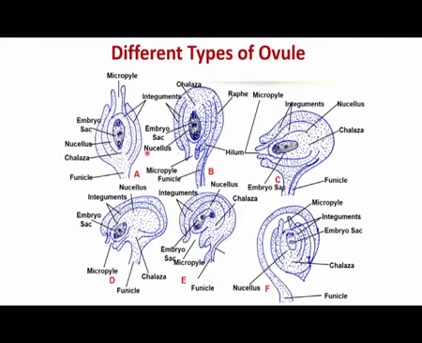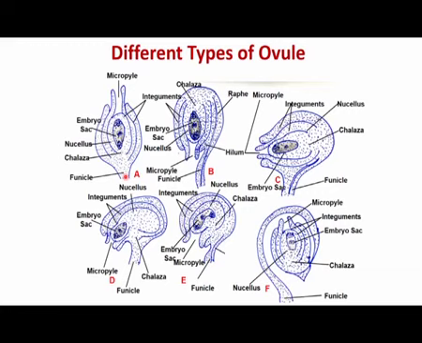So, these are the different types of ovules which are possible in the angiospermic plants. What you see is A, called the orthotropous ovule. In this ovule, the ovule is erect and devoid of any curvature with the micropyle. You can see the opening is from the top and it is actually a straight ovule, and the longitudinal axis of the nucellus is parallel to